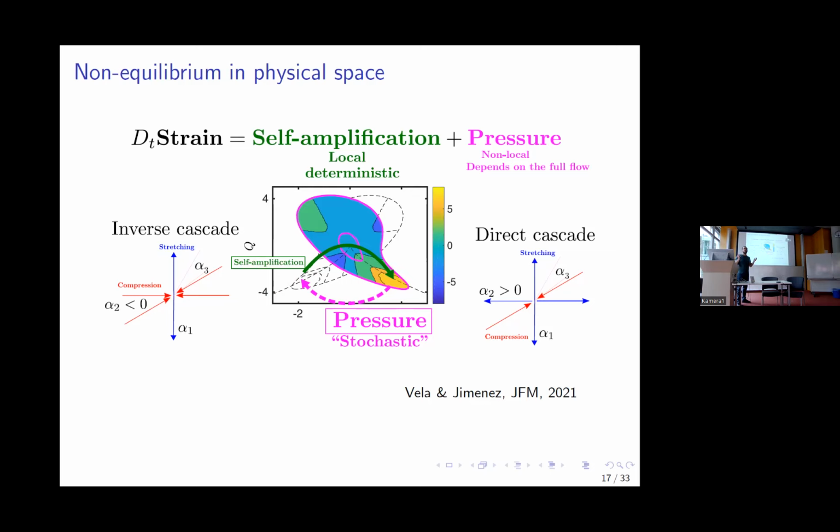Turbulence is chaotic, and whenever you put a perturbation, let's say I have an inverse cascade that starts with all the topologies in this part of the tail, and I put a perturbation there, that perturbation will be expanded by the action of the pressure, not locally. That means the pressure will not be able to counteract the self-amplification anymore, and everything will go from here to there. Boom. The exact derivation of this entropic argument is in a paper in the Journal of Fluid Mechanics, if you want to look at it more deeply. I don't have time to get into the details, but the take-home message here would be that